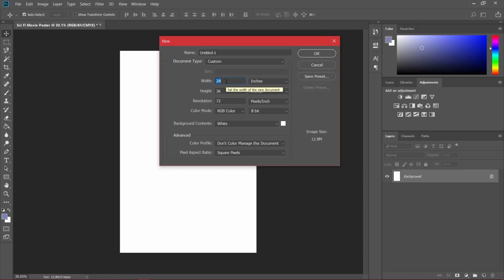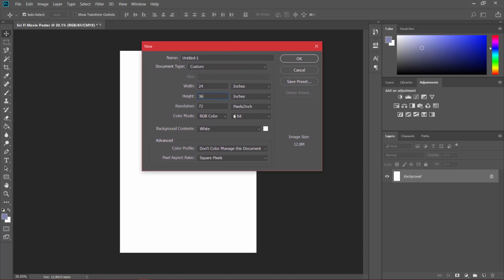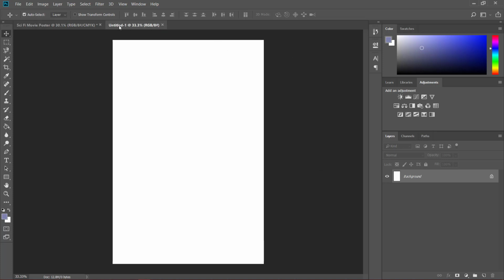I've got mine to be 24 inches wide and 36 inches tall, and the reason we're doing that is because some of the pictures that people are going to make are going to be outstanding. Some of them will be excellent and most of them will be brilliant, but the outstanding ones are going to be hopefully printed onto large posters, so we need them to be this size in Photoshop already. So 24 inches by 36 inches, and then hit OK, and you can see we get a new one here,